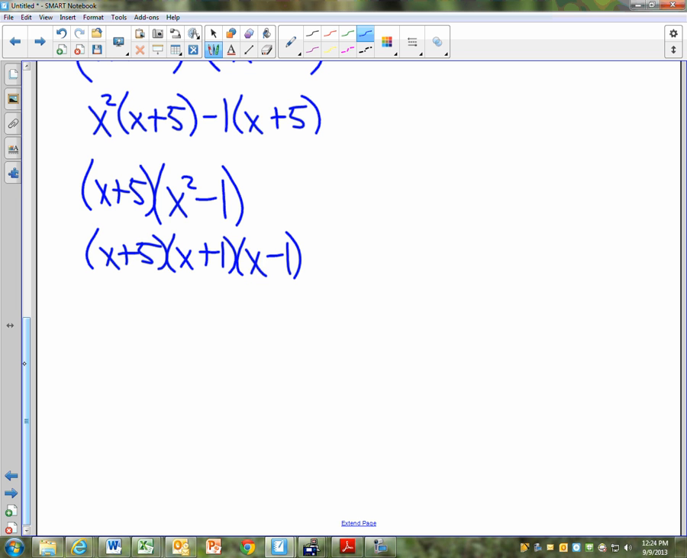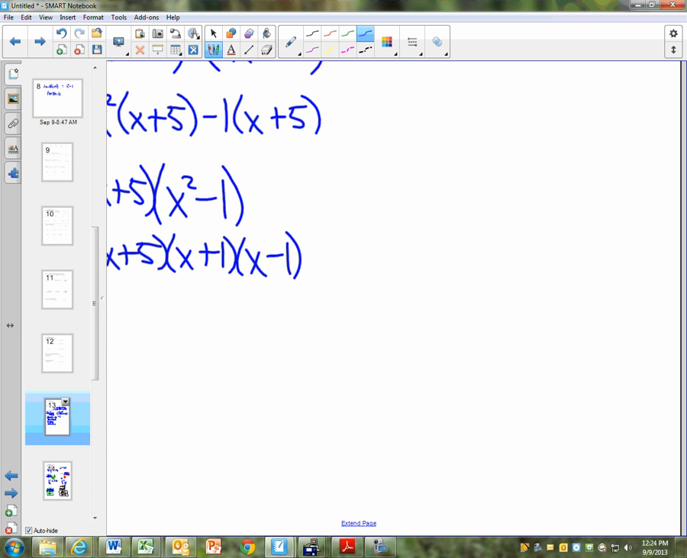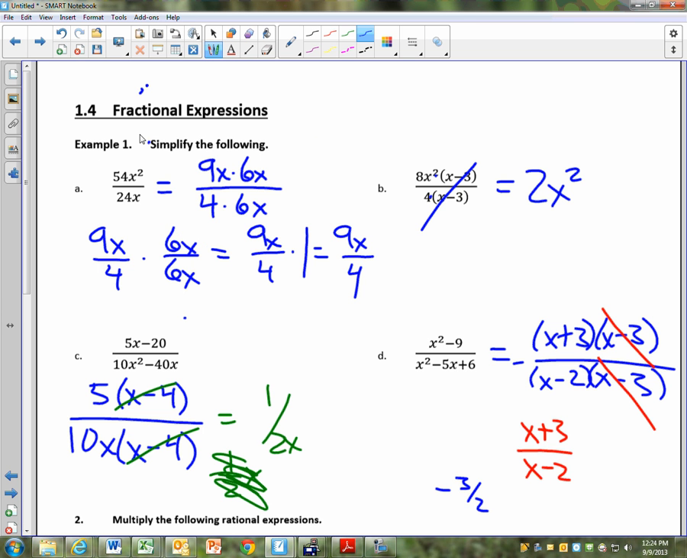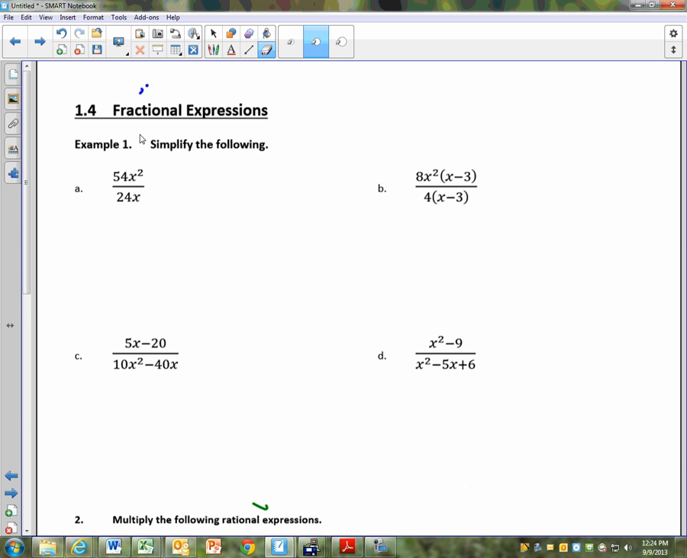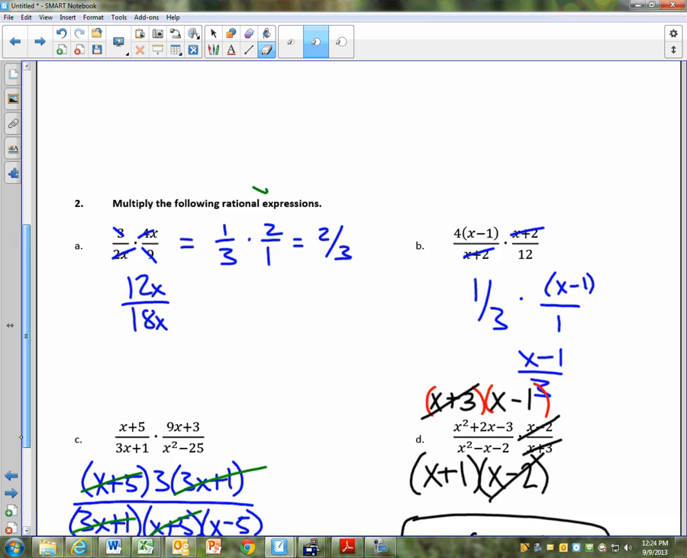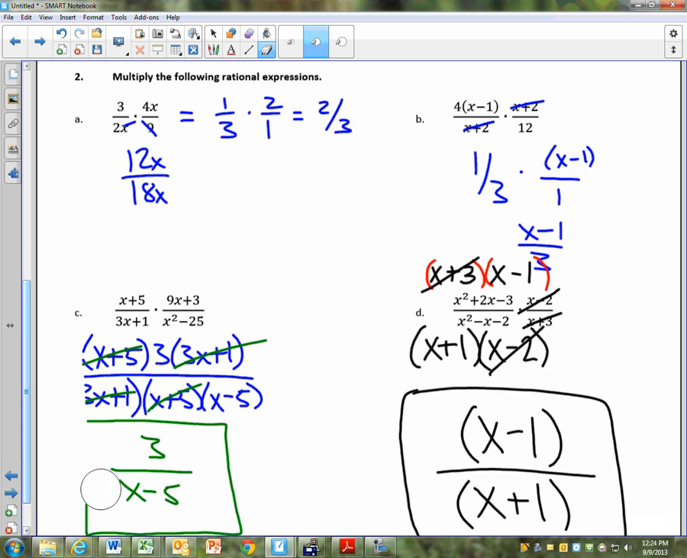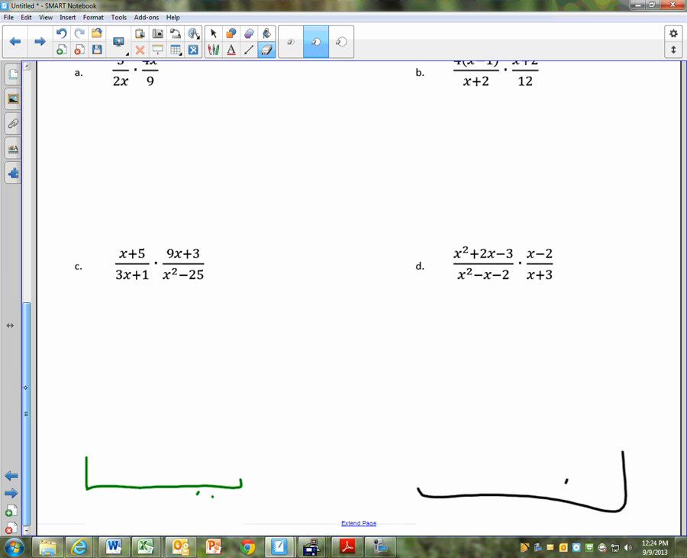Okay, flip the page over. This stuff goes pretty quick, pretty easy. Everybody likes it. We have fractional expressions. We're going to spend a couple days on this. All the other lessons, we've just done one day. This is going to be a couple days because I can see into your future, and your future says that